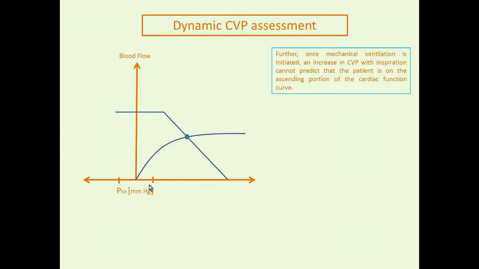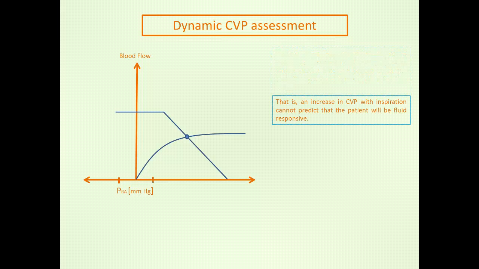And the patient who's mechanically ventilated, can you use the increase in CVP with inspiration to predict that the patient is on the ascending portion of the cardiac function curve, right? So it would be reasonable to assume that if the patient were on the ascending portion of their cardiac function curve, that if you shifted the curve rightwards with a breath, then CVP would increase with the breath, and that would predict volume responsiveness. But for the same reasons we saw in the last slide, that the increase in CVP